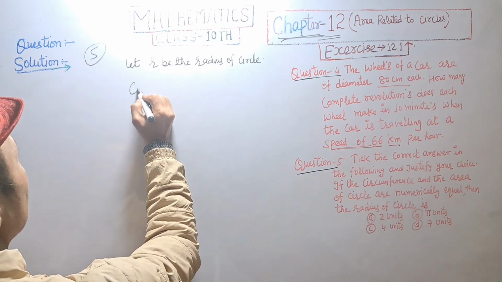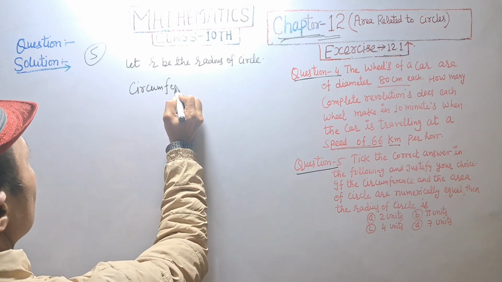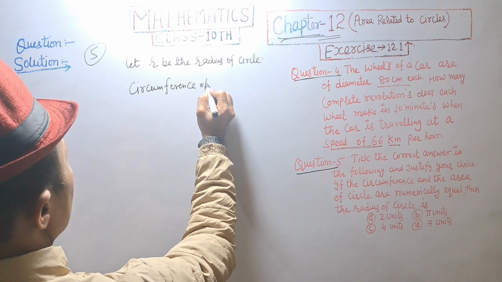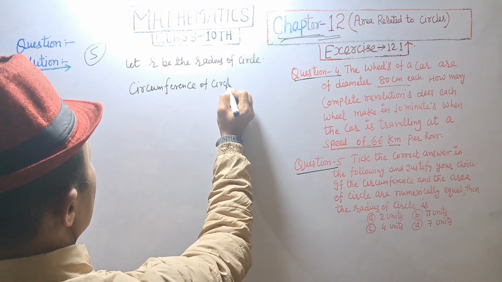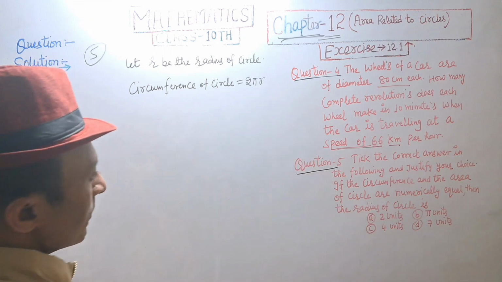Circumference of circle is equal to 2 pi r,